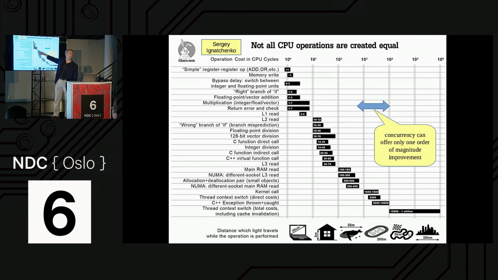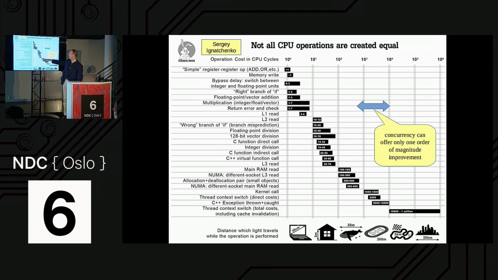You don't really want to do too many divisions if you want to go fast. If that's what you need to do, that's what you need to do. They're of the same order as a function call. An indirect function call through a pointer or virtual, with extra parameters in it, is 30 to 60 cycles. That's about the same as reading from the L3 cache. So function calls do hurt you from a performance point of view, so inlining is your friend at this point.